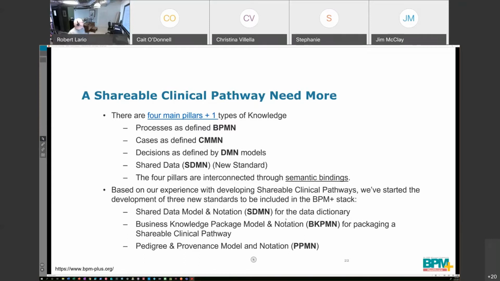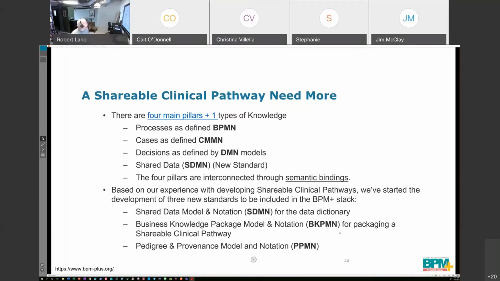Situation, shared data, and business process modeling are still in an RFP stage. They're being reviewed this week, and hopefully, if everything goes well, they'll be issued as RFPs at the end of this week, and then we'll move into actually developing the solutions to those. These are open communities. Anybody who's interested and wants to learn more, you can reach out to me or contact the Object Management Group, and they can put you in touch with the individuals that are involved in these tasks and